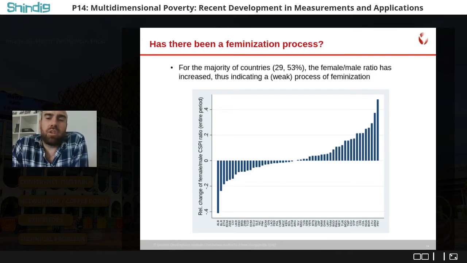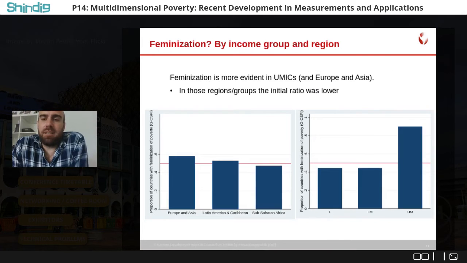So we can see that there was actually a weak process of feminization of poverty. Again, when the bar is above the zero line, it means that female poverty increased more than male poverty proportionally. So for the majority of countries, there was an increase of female poverty compared to male poverty. And in the next slide, we can see that this is a bit the contrary to what we found from